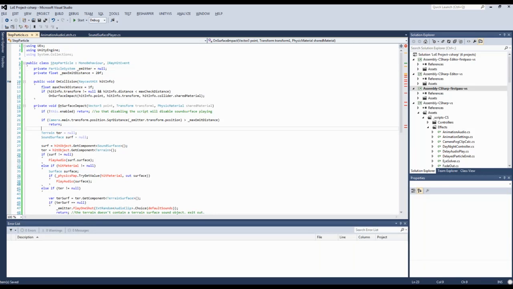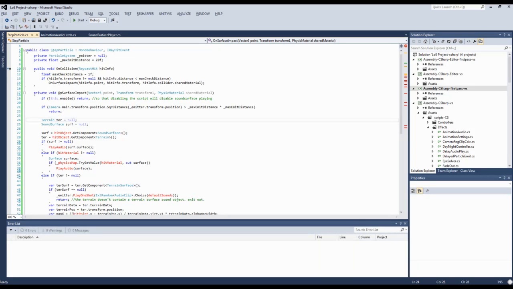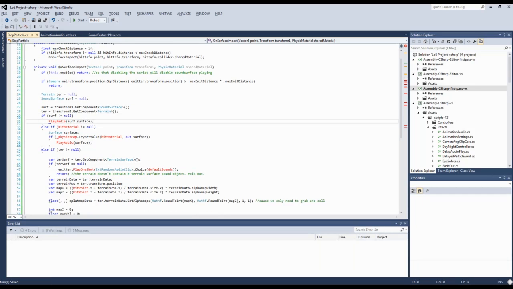We want this times by itself because we're using a square distance calculation, so we need to square the distance that we're checking. Now, we want the hit object, I believe, is this. And we do not want to play audio, we'll just emit particles